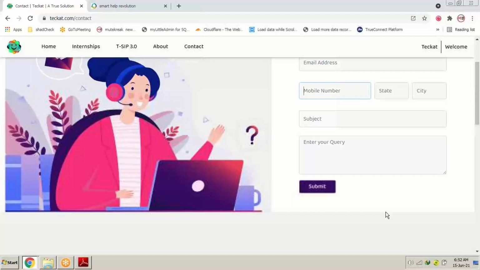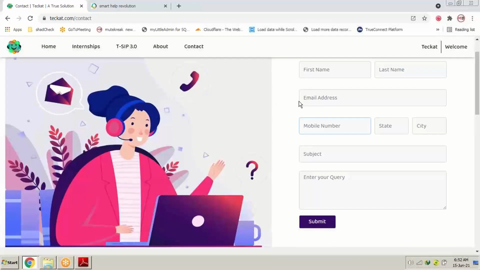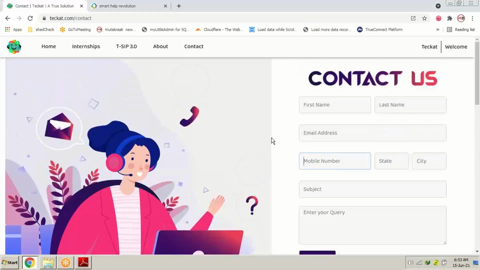And the admin, the owner of this company, opens his or her portal in order to see what queries and how many persons are trying to get in touch with them. Are you all getting my point, what I'm trying to say? So this is a website having a small portion where we can interact with the database and enter our data, so that tomorrow, day after tomorrow, the data stays inside the database, and the owner of the company opens it and finds out who all have tried to contact him.